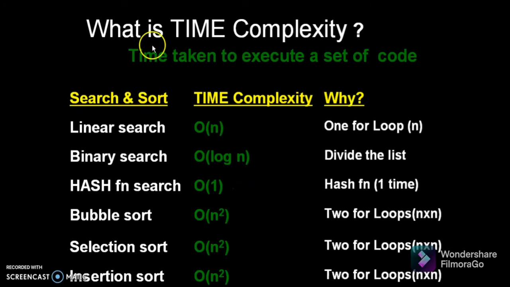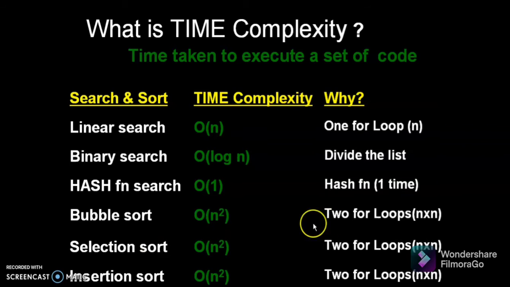Now we will see what is time complexity. Time taken to execute a set of code. To execute a set of code means, first let me take a simple example, linear search. In order to execute the linear search, what is the time taken? The time taken for linear search is order of n, binary search is order of log n, hash function search is order of 1, and bubble sort, selection sort and insertion sort all together are order of n square,